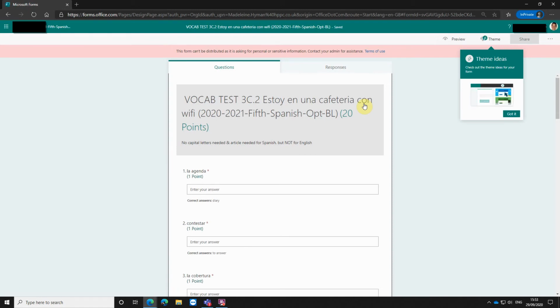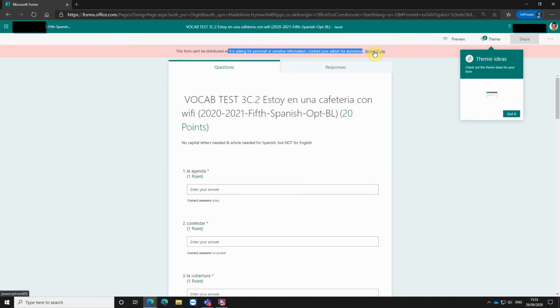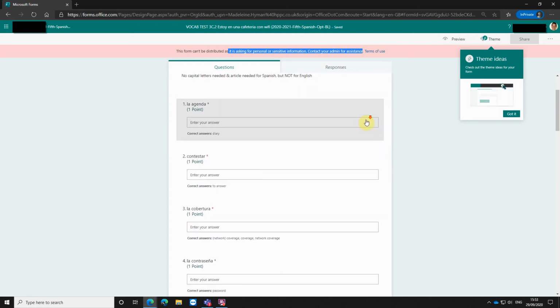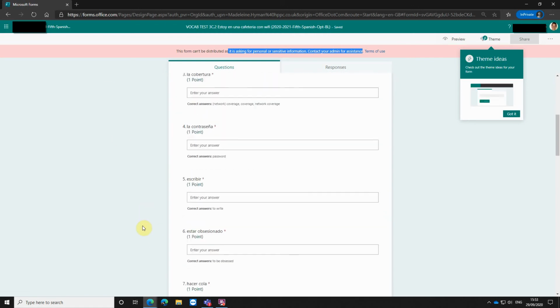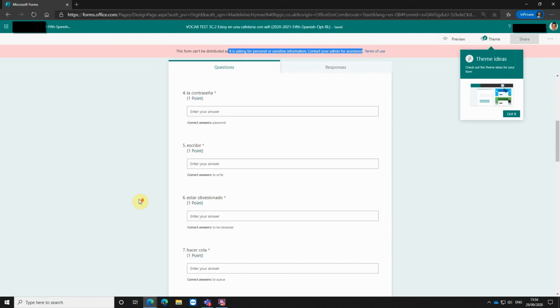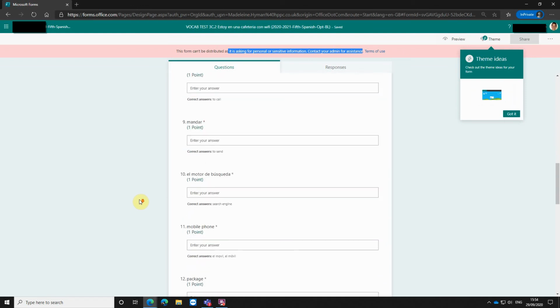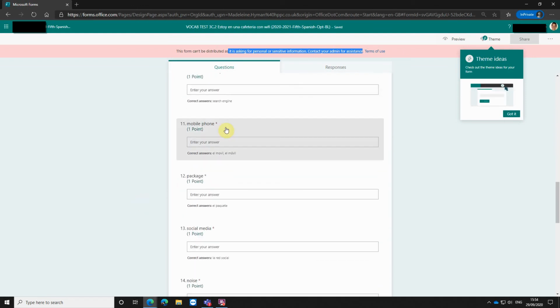I can also see that this form can't be distributed as it's asking for personal sensitive information. Contact your admin for assistance, and then it gives the terms of use which you can look at. So just scrolling through the form, as this form I believe has been set up for a language test for Spanish. If I scroll further down, there must be a keyword that has been flagged, and as I can see